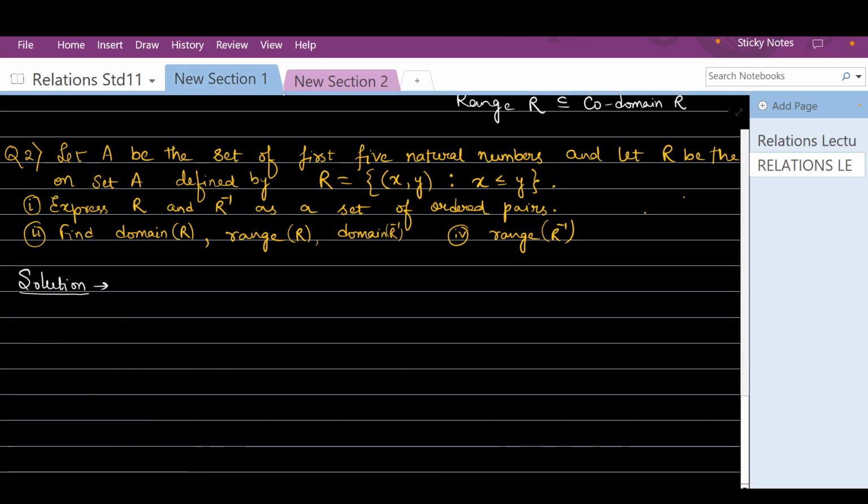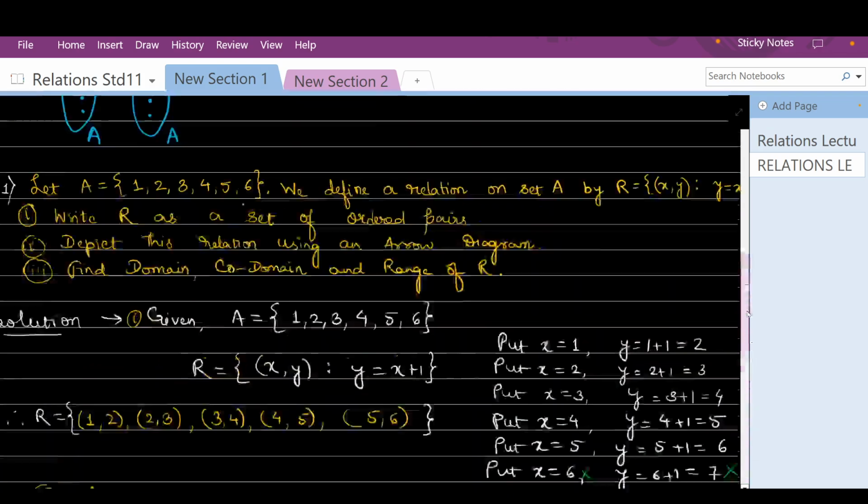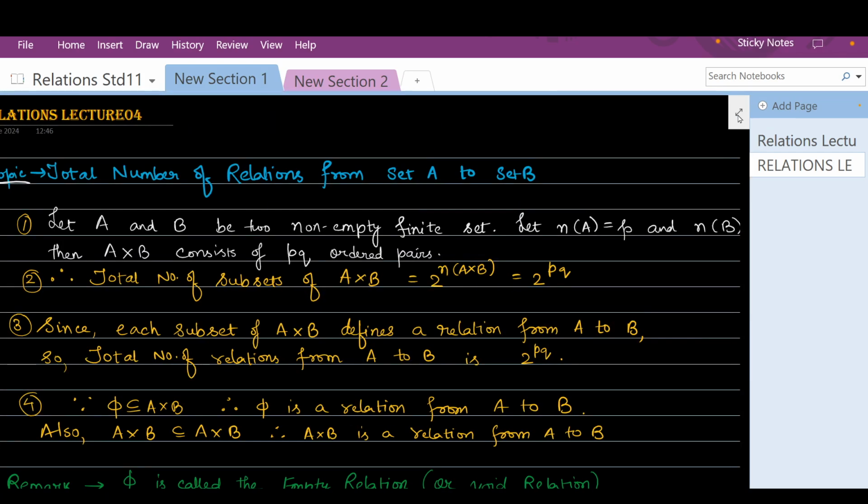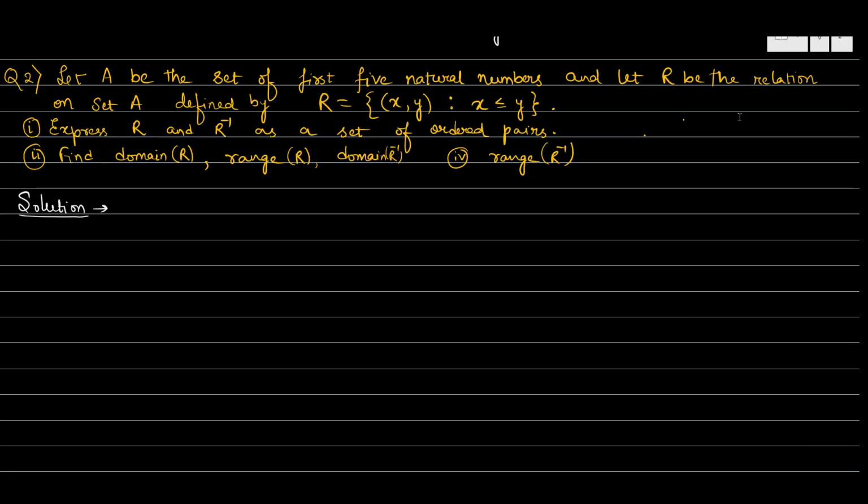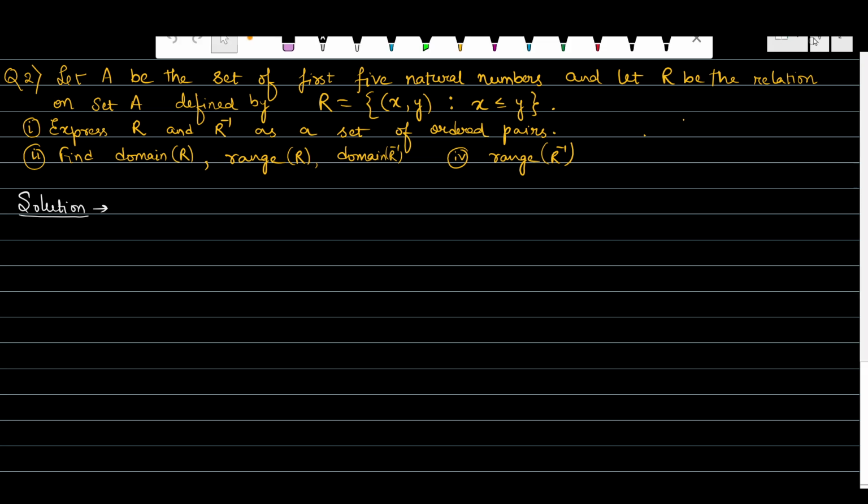I hope this is clear to all of you. Now we will see some more questions. Let A be the set of first 5 natural numbers. Means A is of the form